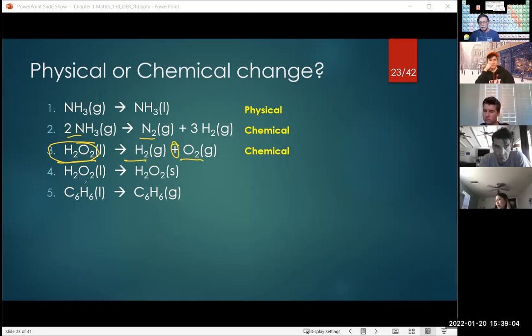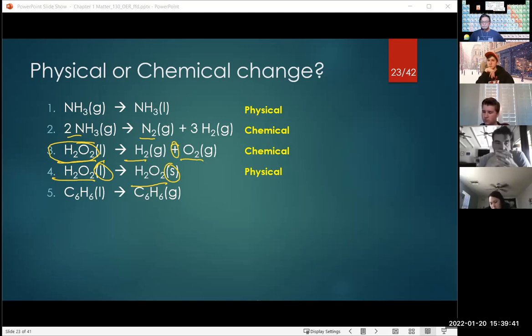All right, number 4, we got H2O2 again. All right, we look at the product side, H2O2, same thing, formula-wise. So that should indicate, okay, no chemical reaction occurring here. It's got to be a physical process. And that is verified by the physical state: it went from a liquid to a solid. And all they did was just drop the temperature and solidified it, okay? And so this is an example of a physical change, okay?